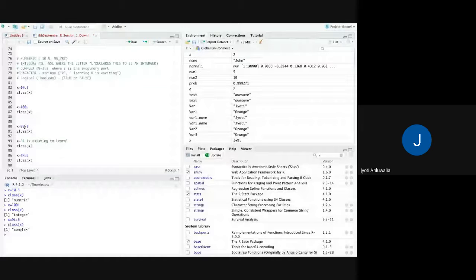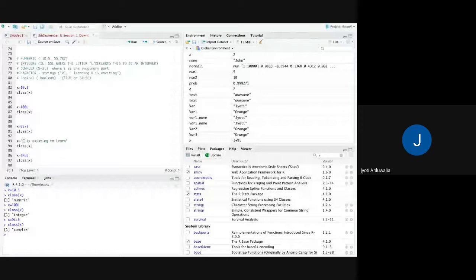In earlier languages, we first had to define what kind of variable it is, and only then could we assign values. But in R and Python, it accepts on its own. It figures out on its own whatever the value is. If it is numeric, it saves it as a numeric variable. If it is a complex number, it saves it as a complex number. That's what we see here.